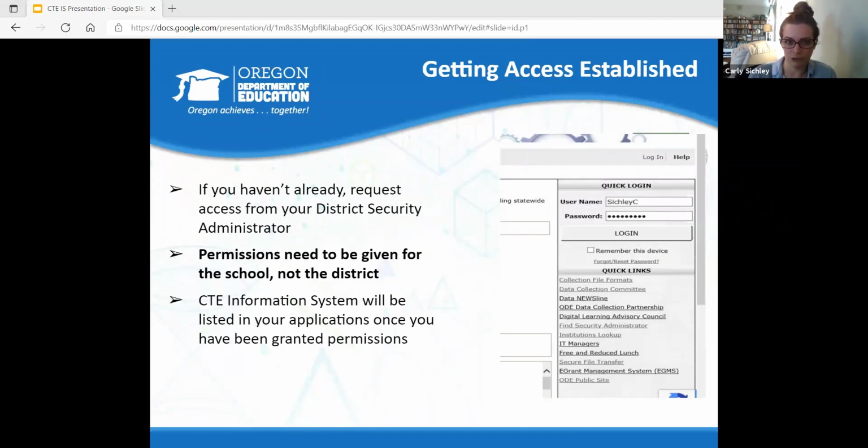So to do the yearly update this year, you need to make sure that you have access to the CTE Information System. That's what it's called, CTE Information System. So if you haven't already gotten your access set up, you'll need to contact your district security administrator to get those permissions. If you aren't sure how to get a hold of your district security administrator or who that person is, there is a website